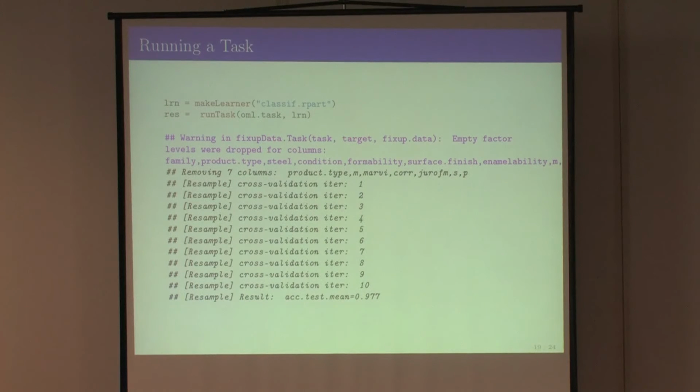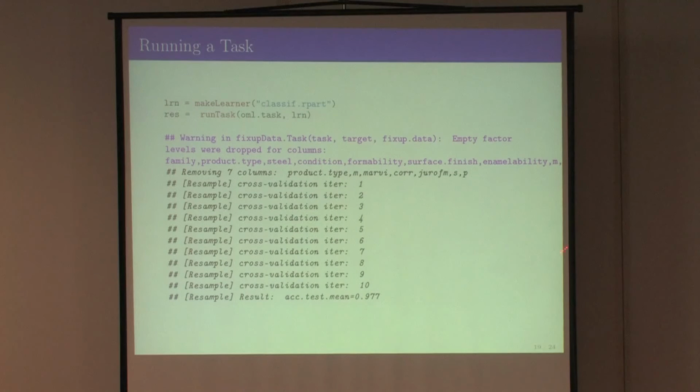But you can also use every machine learning algorithm you wish on this. Here again, I create a learning algorithm with MLR, and there's run task, which is a very convenient way to produce all of the predictions for a certain MLR learning algorithm. You see the cross-validation runs here. We have some basic pre-processing in there, so we are dropping a couple of columns because they're completely constant, and most learning algorithms don't like that.